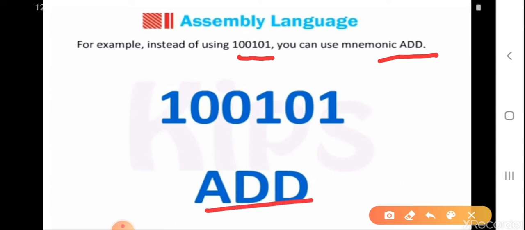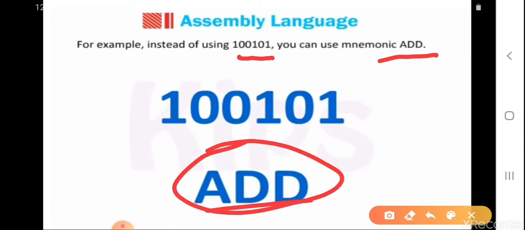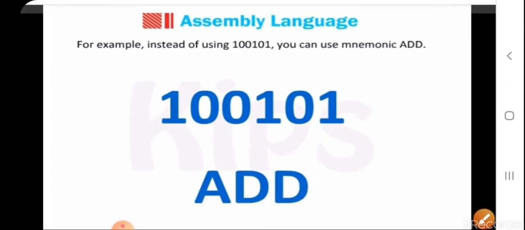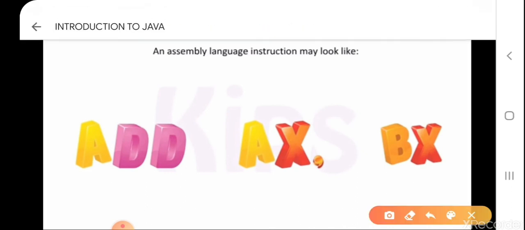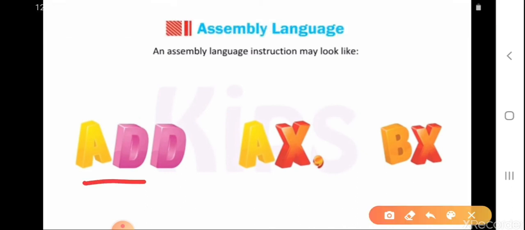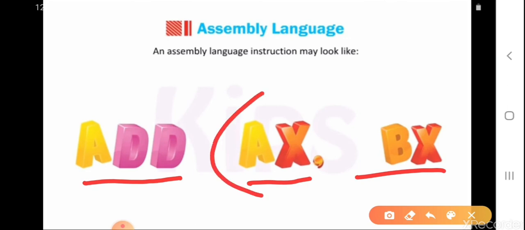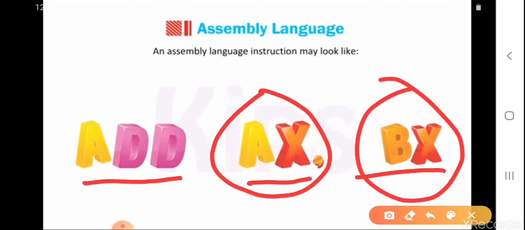This is a mnemonic for the operation addition. An assembly language instruction may look like this: add ax, bx, where ax and bx are two different variables.